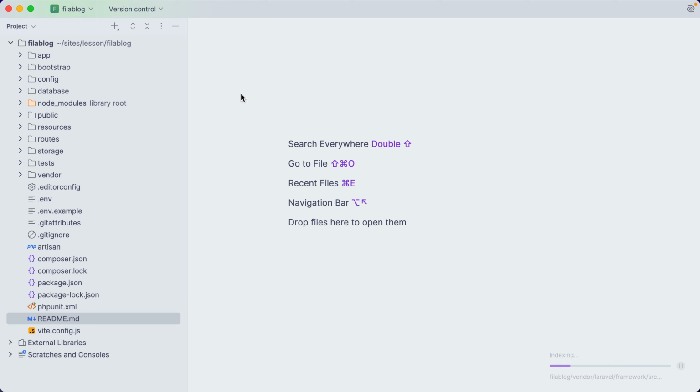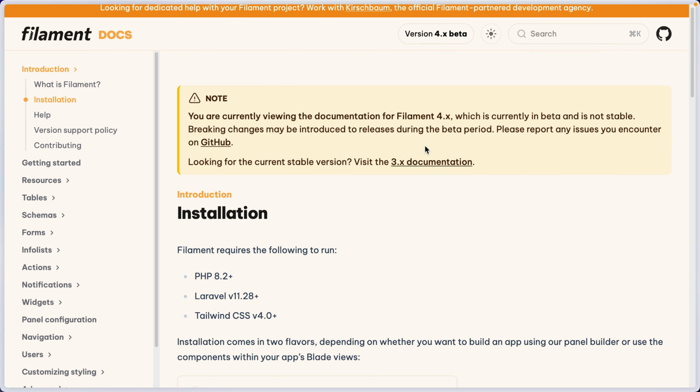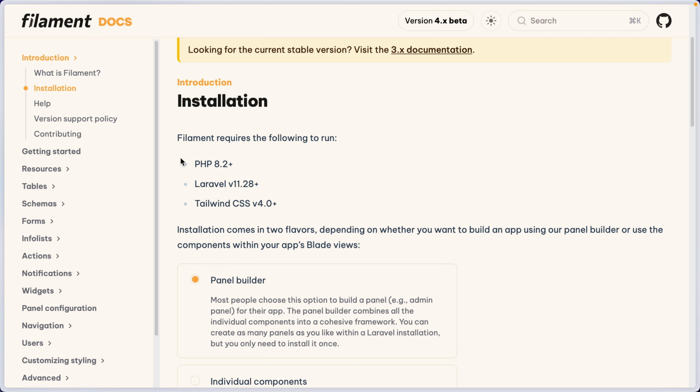So, the next step is to install Filament. To install Filament, go to the installation tab. This requirement is already fulfilled on my machine, or my local development setup.